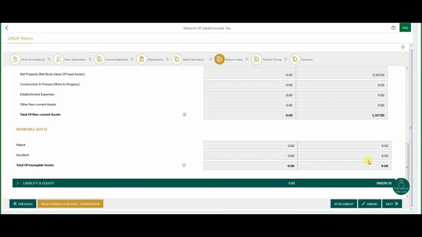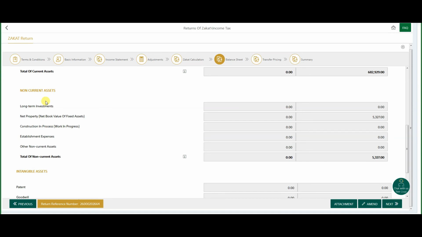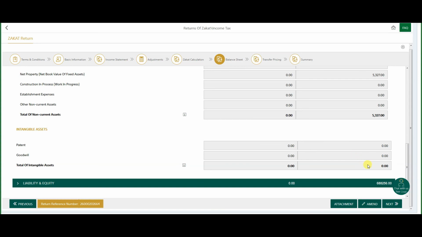So total current assets, and here net non-current assets like fixed assets, you have to mention the book value of fixed assets here. Establishment expense, other non-current assets, construction in progress, if you have non-current assets you can mention here. Intangible assets, if you have, you can mention here.